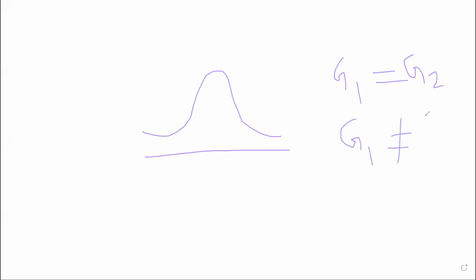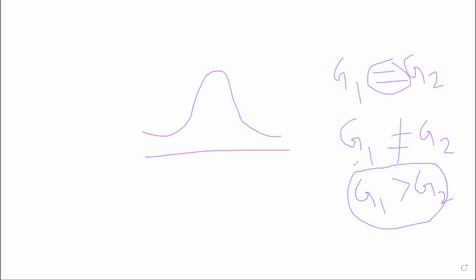Check only one direction test. Suppose I'm talking about group 1 and group 2. Are they both equal or not? In the null hypothesis, we assume they are equal to each other, but in the alternative, we say they are not equal. So in two-tailed, we are just analyzing whether they are equal or not. We are not analyzing whether G1 is greater than G2 or G2 is greater than G1. We are just considering their inequality.